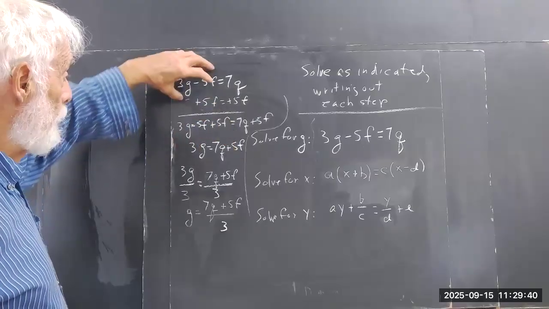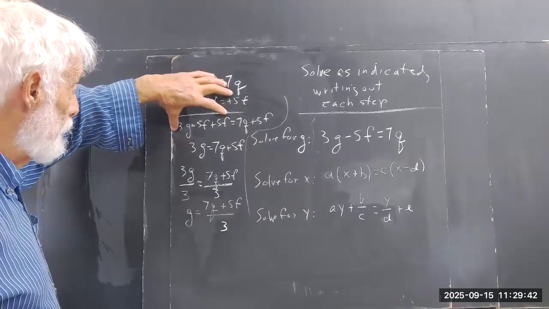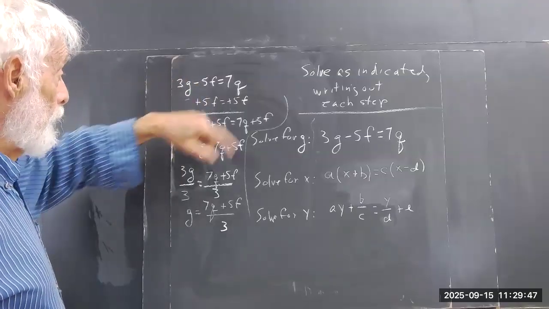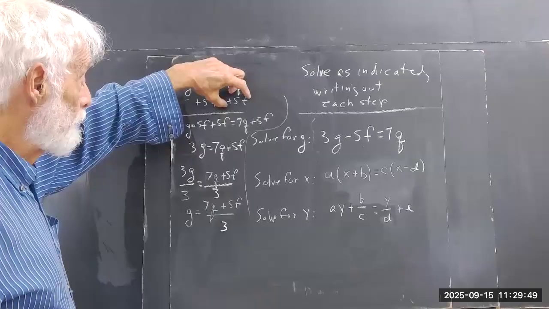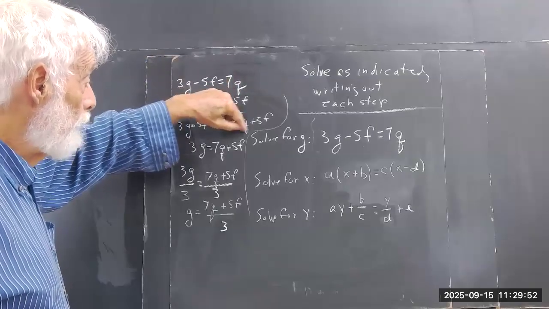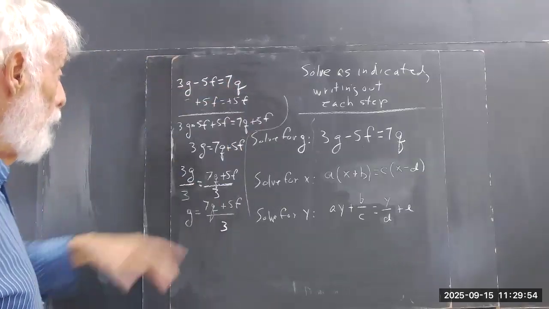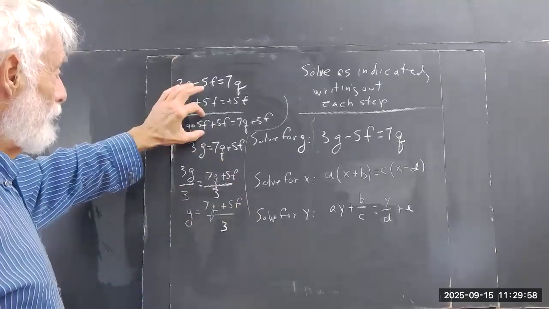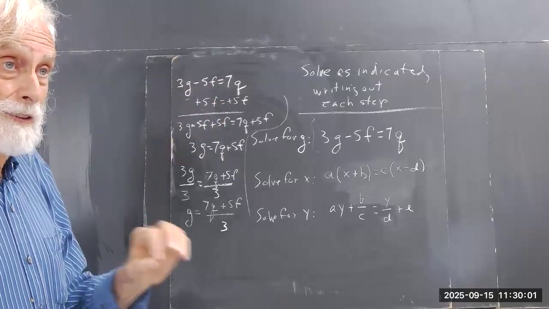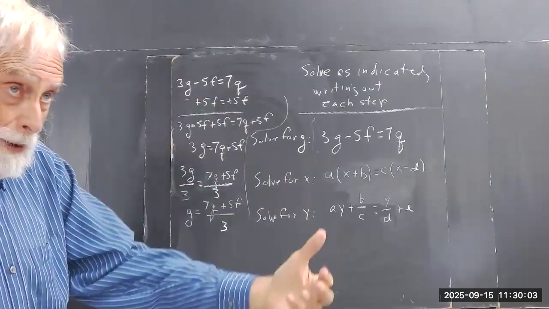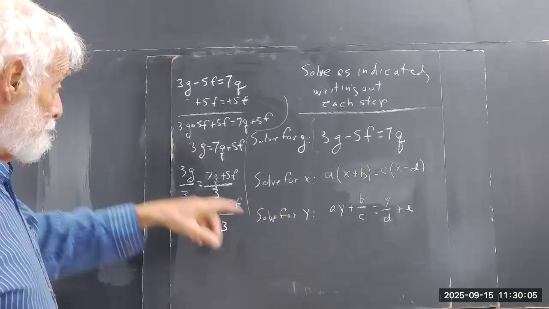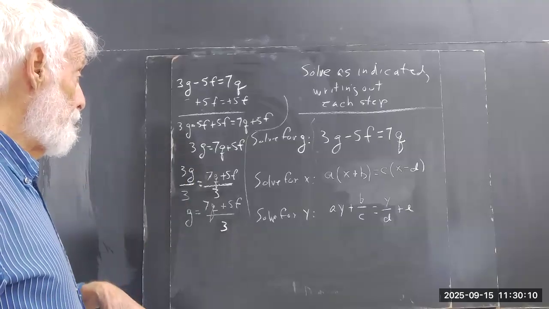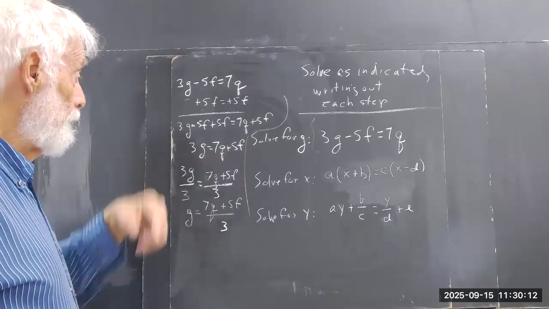We're adding these two equations, meaning we add the left sides and we get this, 3G minus 5F plus 5F. And on this side, we get this plus this, which is 7Q plus 5F. Then negative 5F plus 5F is 0 because 5F is the same thing as 5F. So if we add the negative of the thing to the positive, it's 0. And we're left just with 3G on the left-hand side. Then we have 7Q plus 5F